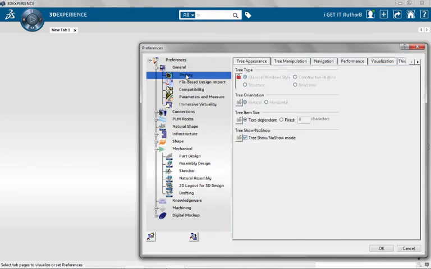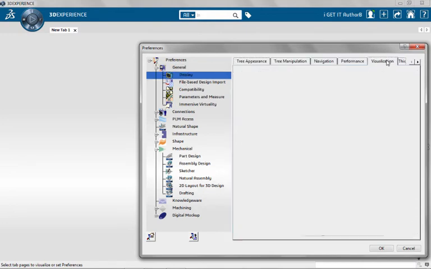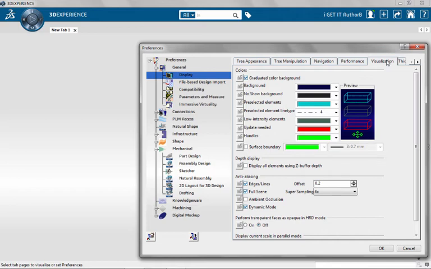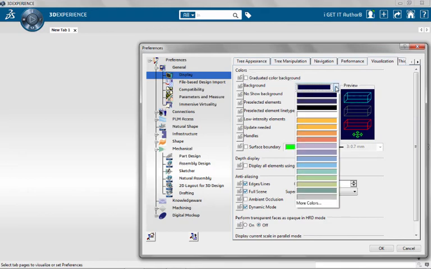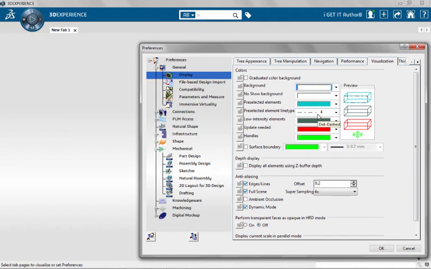Back to the display, if I go to Visualization, for example, I personally don't like a graduated background when I'm working within the design area, so I can turn that off. And I personally like to have my background to be a white background rather than a dark background. Automatically it will set the no show background. No show and shown, you can actually hide things or no show them within the design apps so that they're